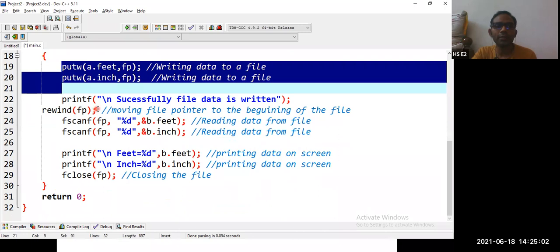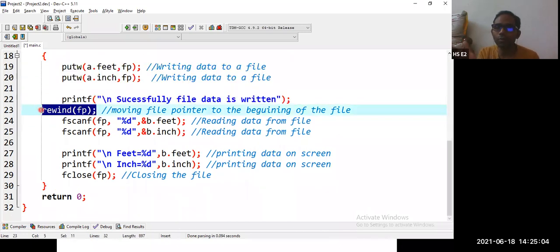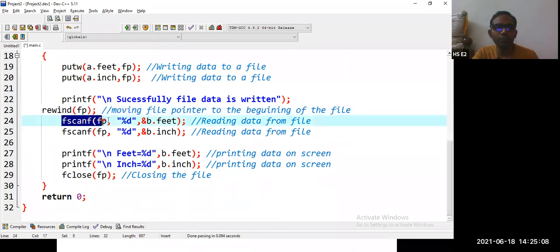Then we are going to use the same rewind concept, because we have to move the file pointer to the beginning of the file. Then instead of fscanf, you're going to write getw(fp). Here we don't have this ampersand b.feet, so let me remove this.